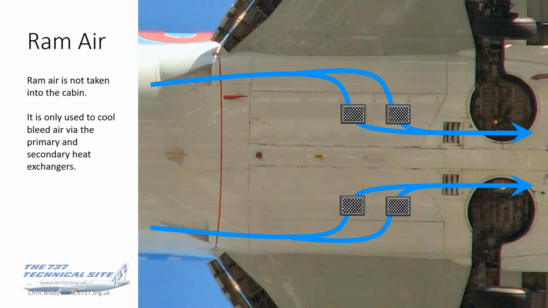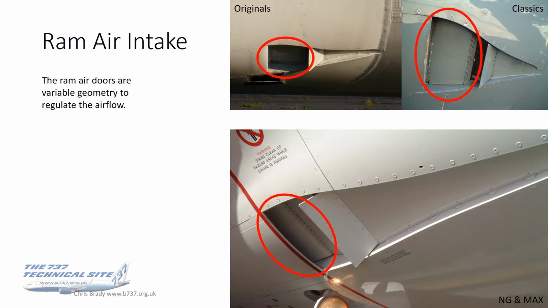Okay, ram air. Let's talk about that for a moment. First thing to say is that ram air is not taken into the cabin. It simply is used to cool the bleed air via the primary and secondary heat exchangers, and what I've drawn on there is the flow of the ram air. The ram air intake,